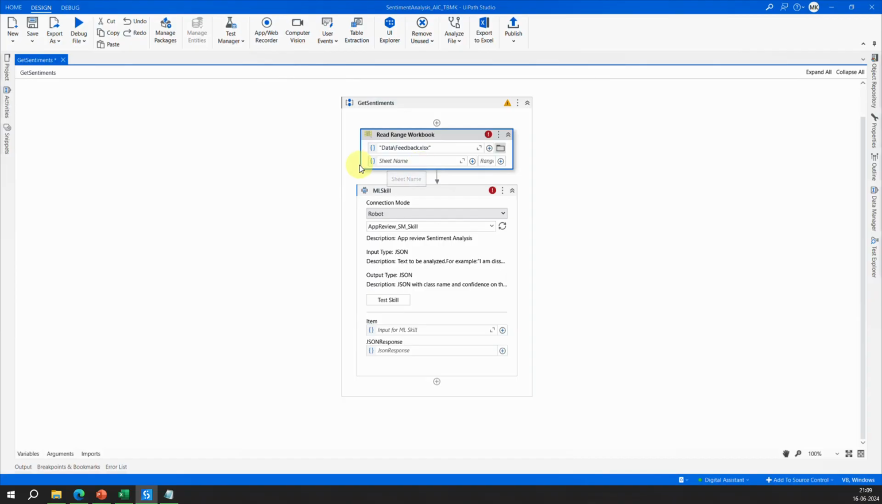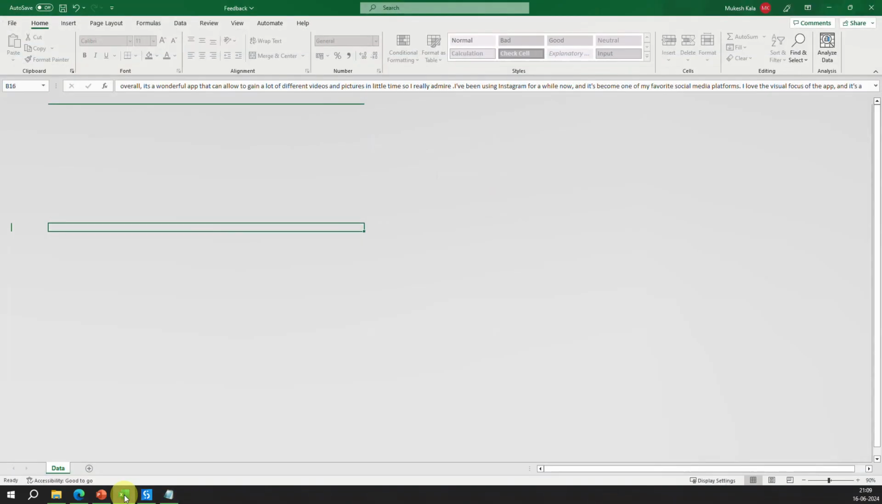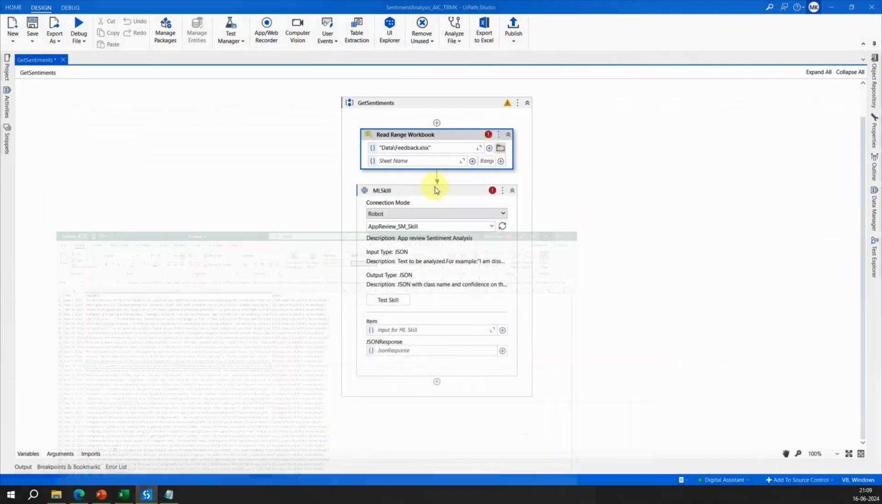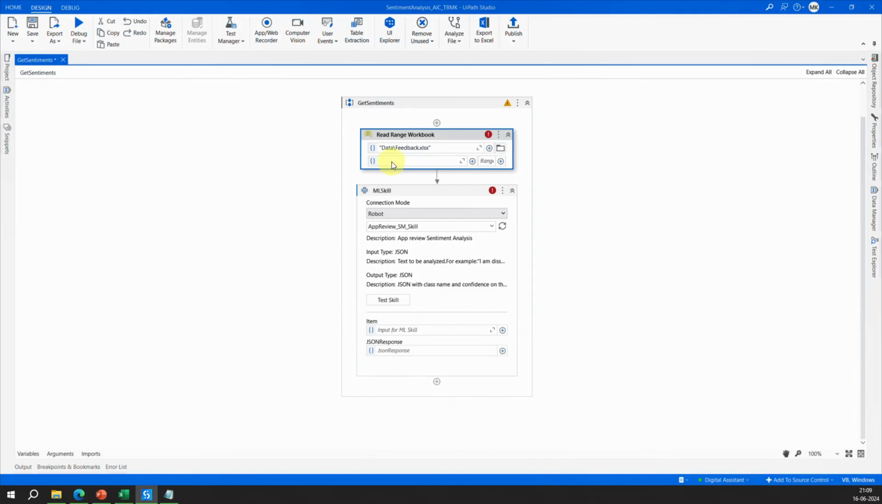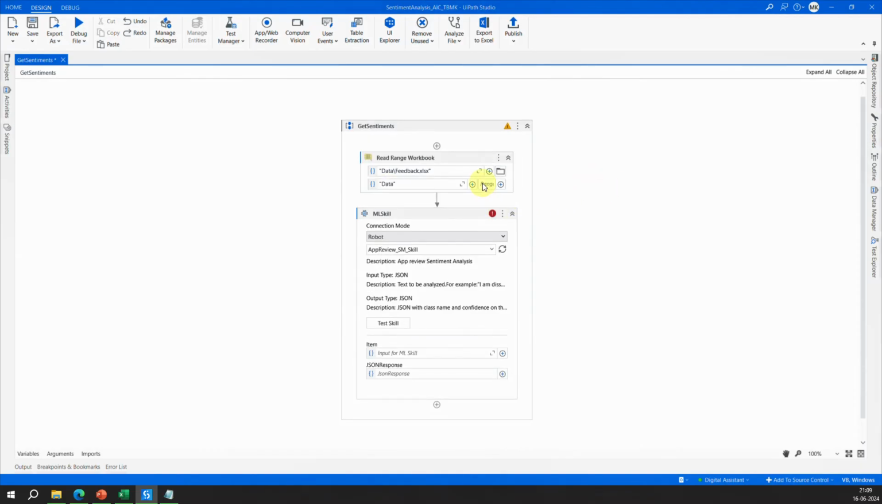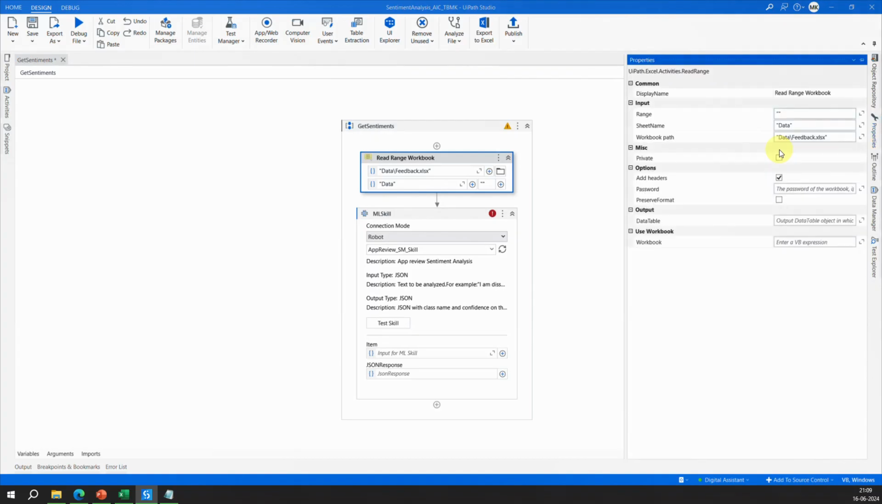Next it is asking me what is the sheet name. So let's go back to the Excel, and the sheet name is data. I'll go here and put data in double quotes, right? And then it is asking me what is the range. I want to read the complete data from the sheet, so I'll put double quotes, and that should read the complete data, right? Now I'll go to the properties, and I will make sure that I click on this one,